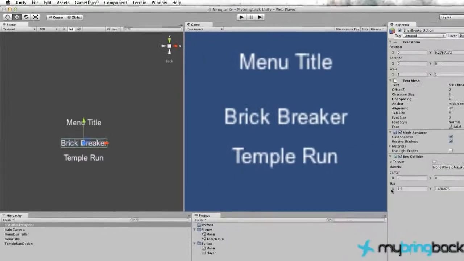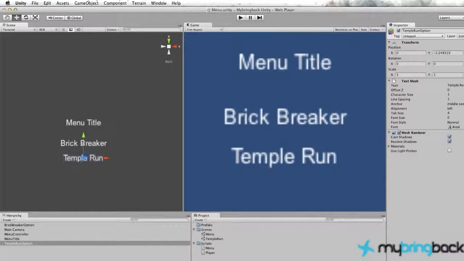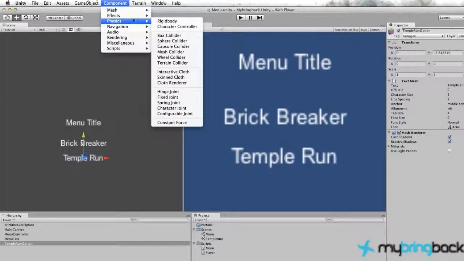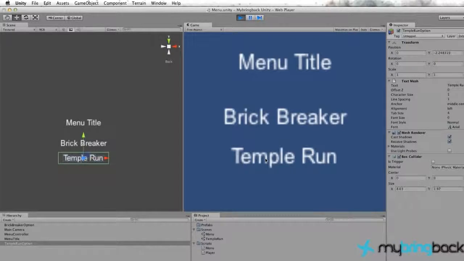We're going to go over to our inspector and expand the box a little bit, because sometimes people aren't very accurate when they are working on a touch screen. So let's expand that out, and we also have to expand the Temple Run collider box, which we haven't added yet. So let's go up to component, physics, box collider, and expand that one out as well. Now that we have those box colliders, let's run the game and click Temple Run, and down here